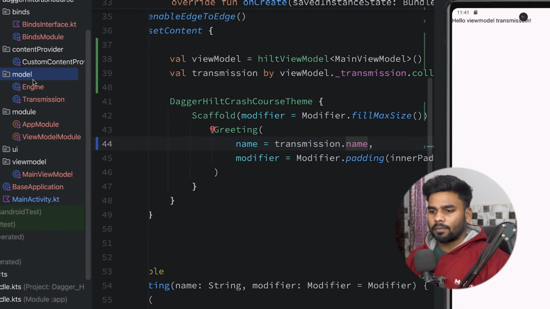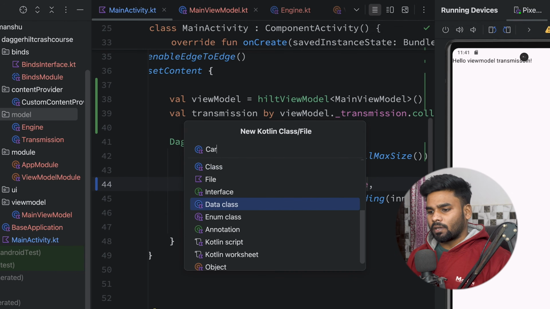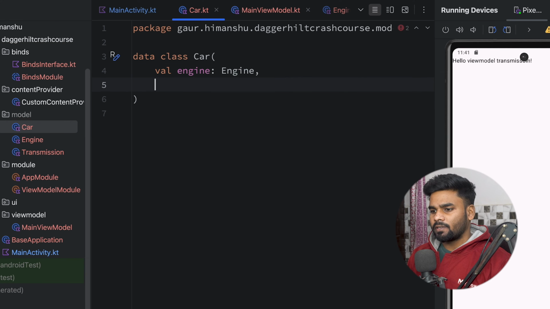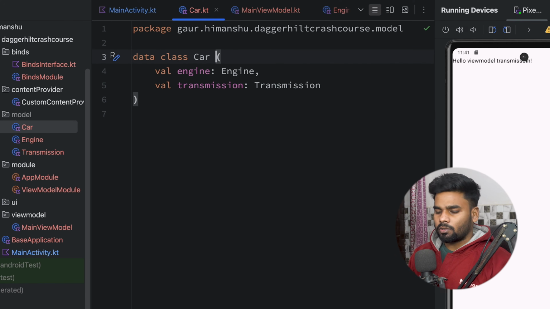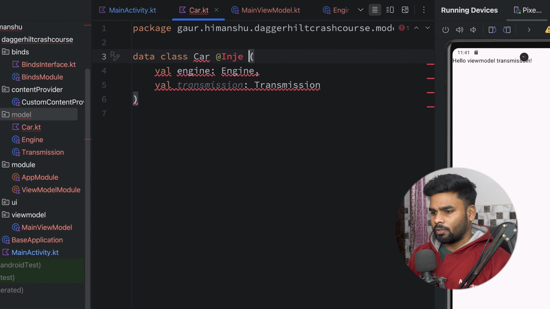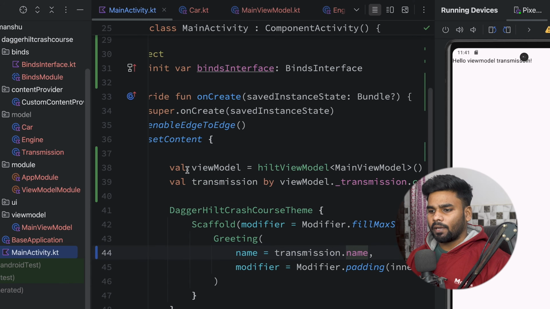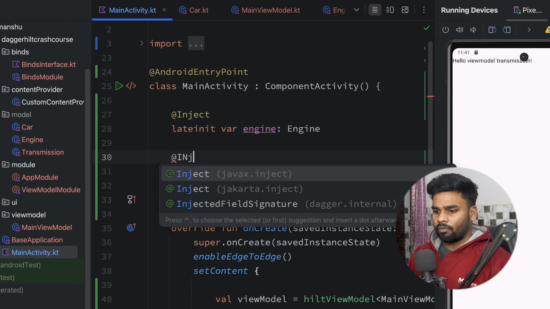So for that, in the model, I'm gonna create a data class, and the data class name is car. In this car, we have two different dependencies. We have engine dependency, then we have transmission dependency. Now, because I want to use constructor injection here, use inject constructor. Import this inject. Go to your main activity, and here I'm gonna inject that thing in the form of field